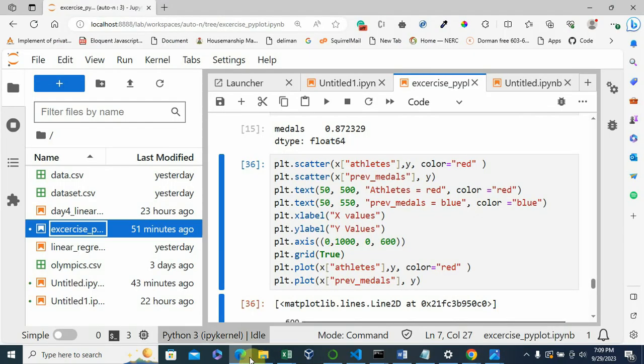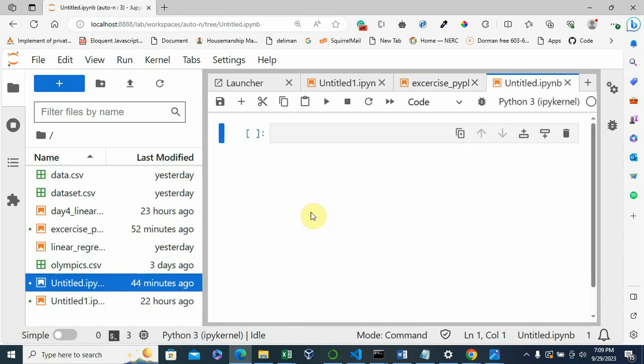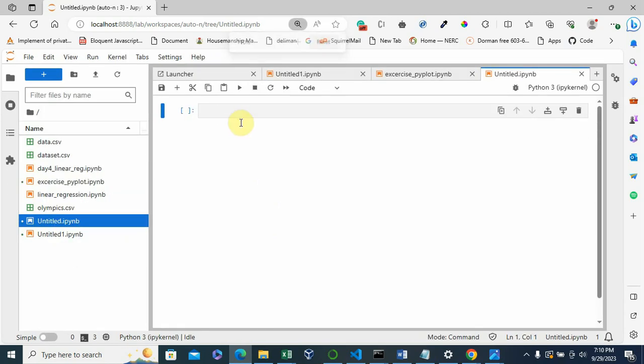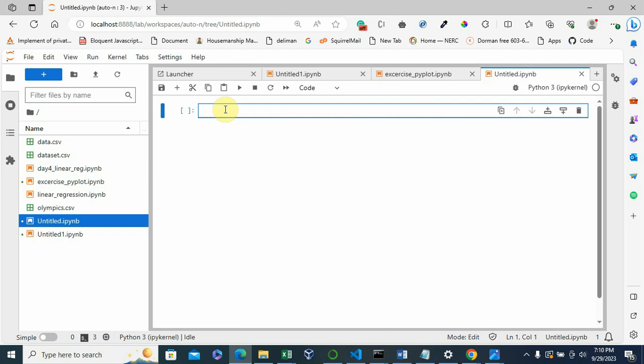All right, so we are starting this new clean slate. Let me reduce it a bit so that everything gets fit in. So the first thing we want to do is to use Scikit Learn to work on the same data that we have worked on, right? So I'm going to say from sklearn.linear_model